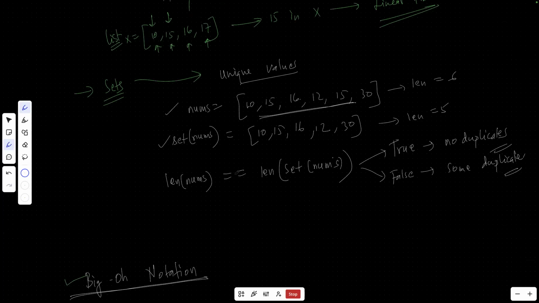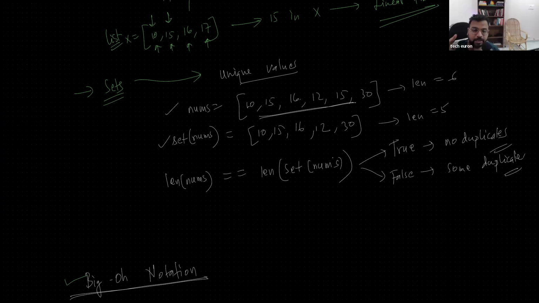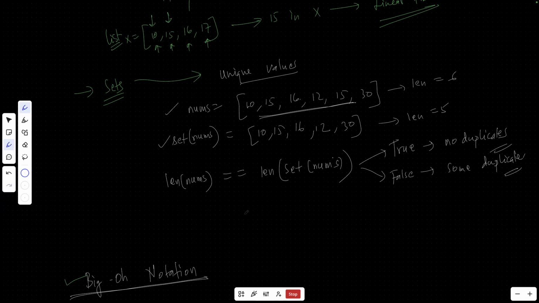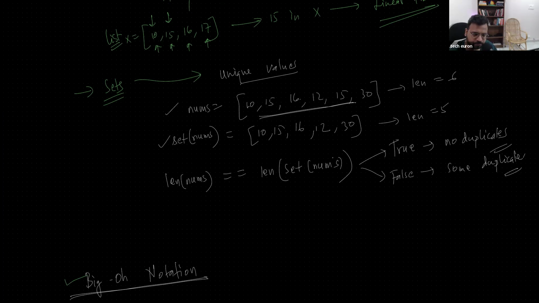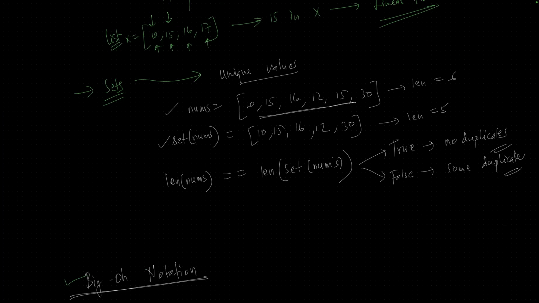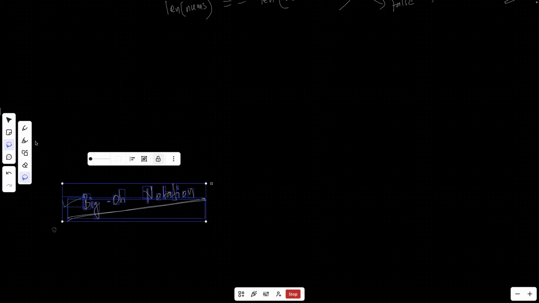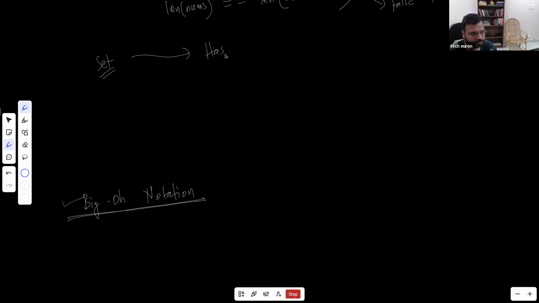Just a quick question here. Internally, set would be O of n as it needs to traverse? No, set also works on the same concept as a dictionary. Here also we can check membership in constant time. Inside the set also it is using some kind of data structure to store. Correct. In a set we use the concept of hashing.